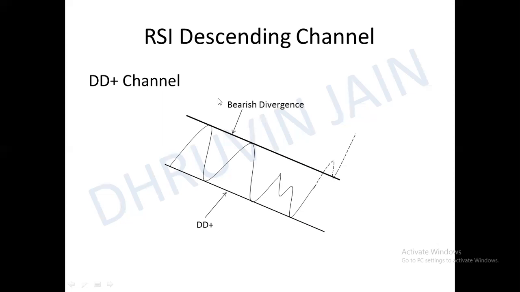So always, if the descending channel has to successfully work, it has to break. These dotted lines are the continuation of the trend. The descending channel has to break from the upside. Always know this. To continue the trend of this RSI, to continue its trend inside the range of between 80 to 40, or it can also be a super range of 80-50 regions, RSI will break from the upside of this descending channel. Okay, to continue its trend.